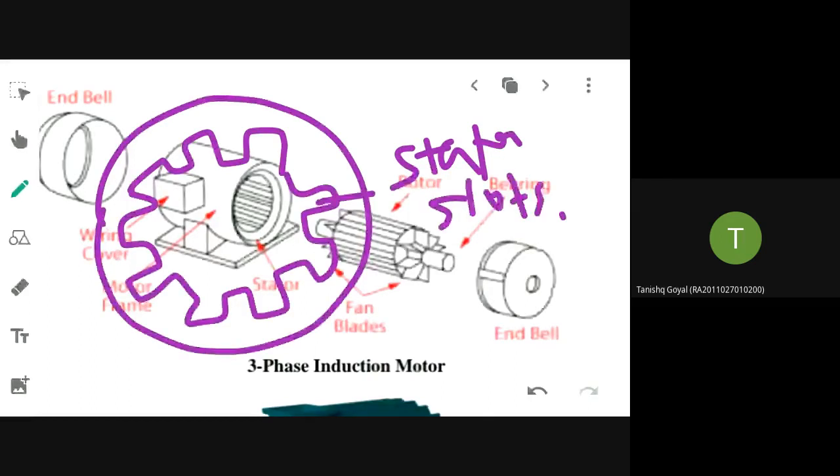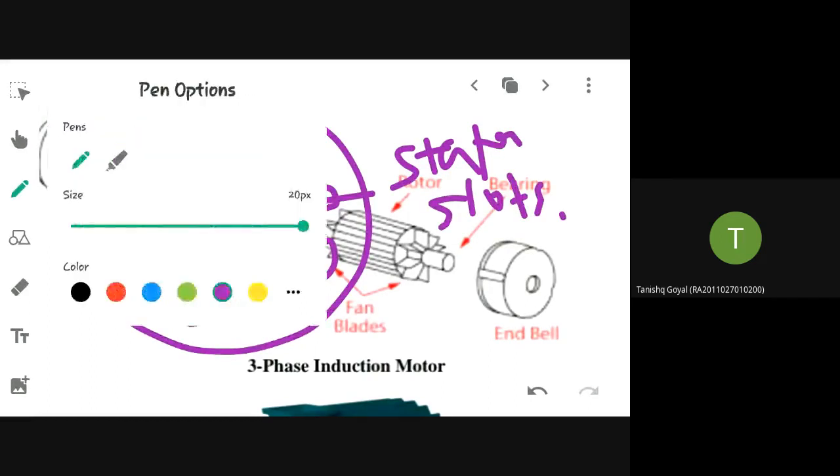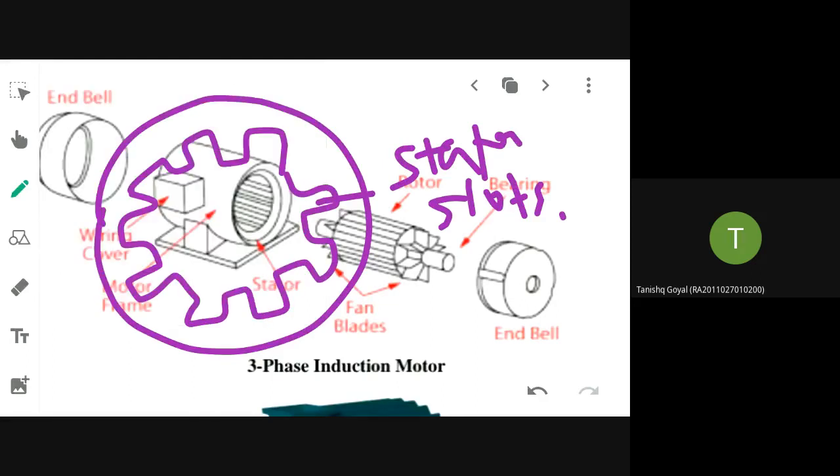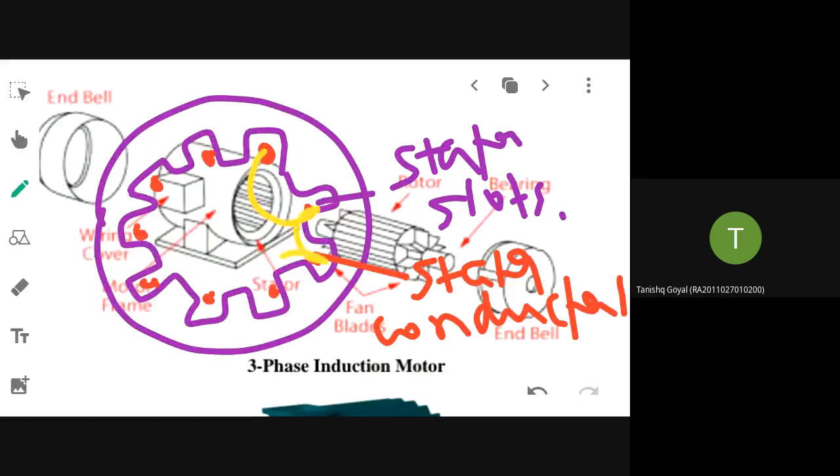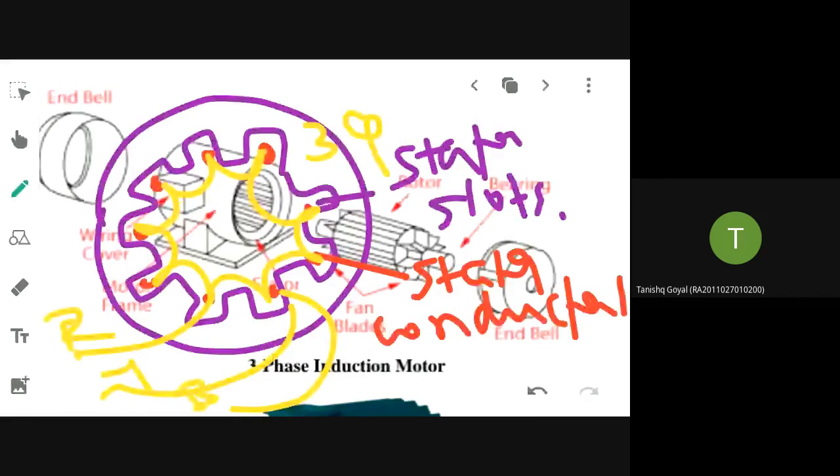These are for placing the conductors, you know that. So I will place the conductor in place here. So this is my conductor, stator conductor. These are stator conductors. Now I will connect all these together. Like this I will connect in three phase. In three-phase assembly, I will connect either in star or delta and take it out. Three-phase supply will be given. This will be three-phase AC supply.